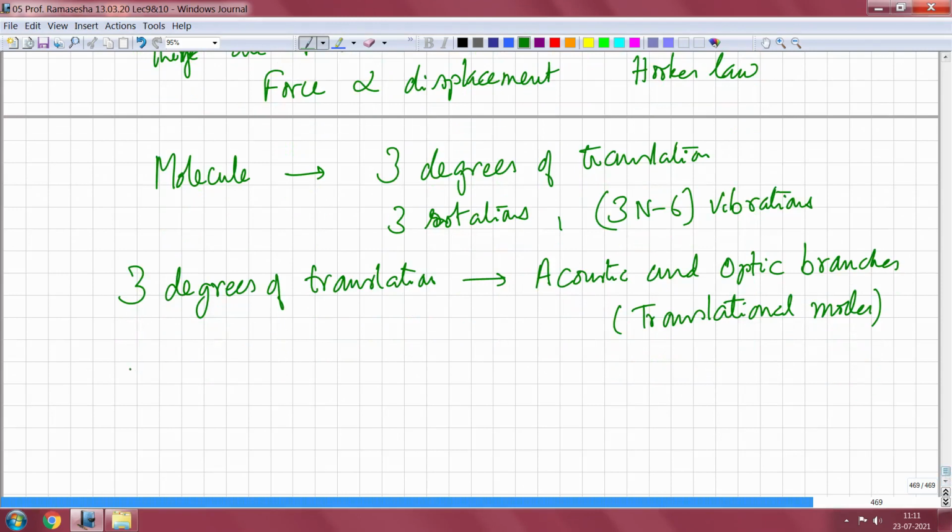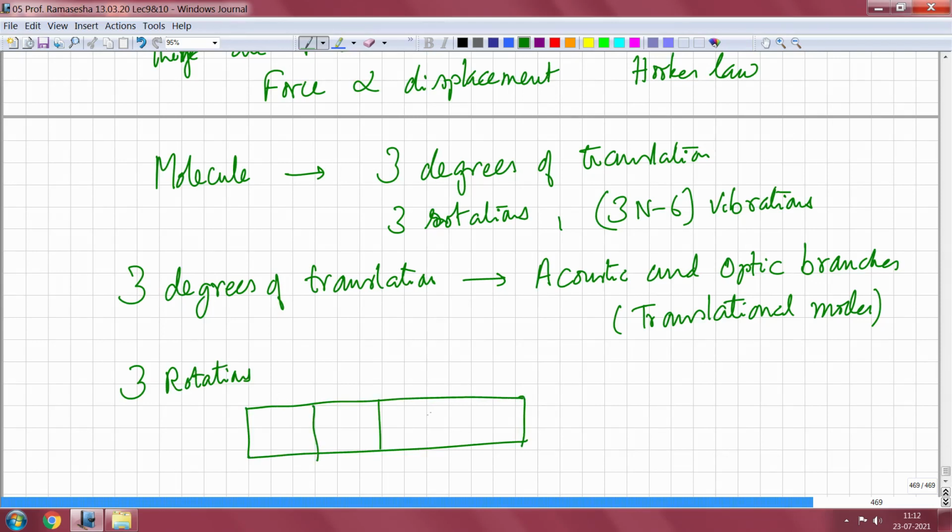And then the 3 rotations, you can again have the same way of rotating. For example, you can have a rotation of the molecule which goes like this, if I were to just put a circle. So in this case you have in this direction, and then you have rotated the molecule to this direction, rotated the molecule to this direction, and rotated it back to this direction. So this is one way you can actually have a rotational mode in the crystal, respecting periodicity of the crystal.